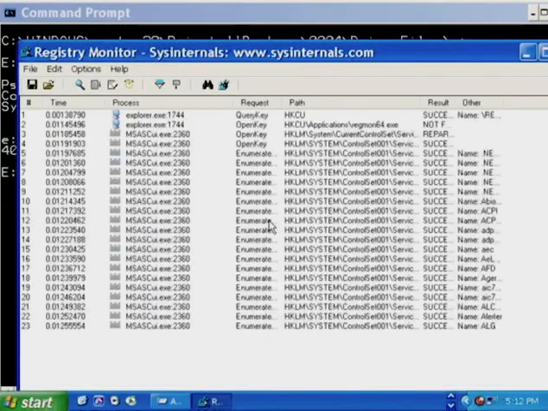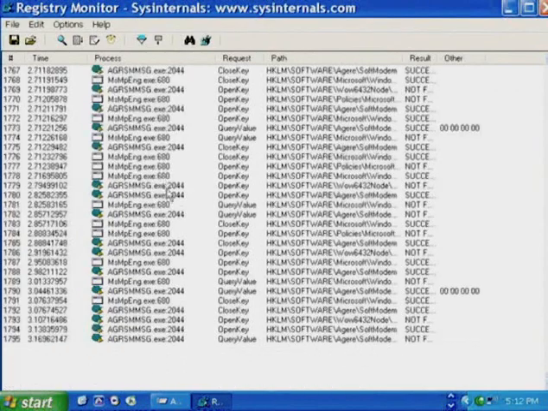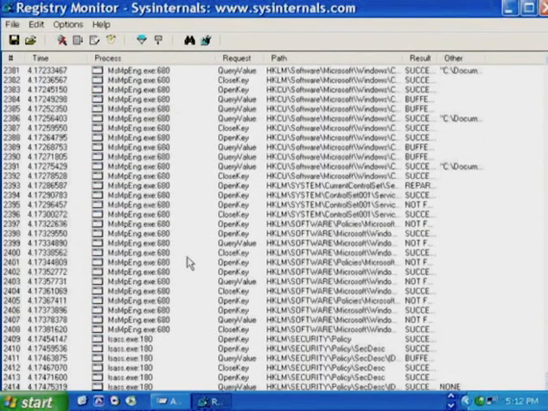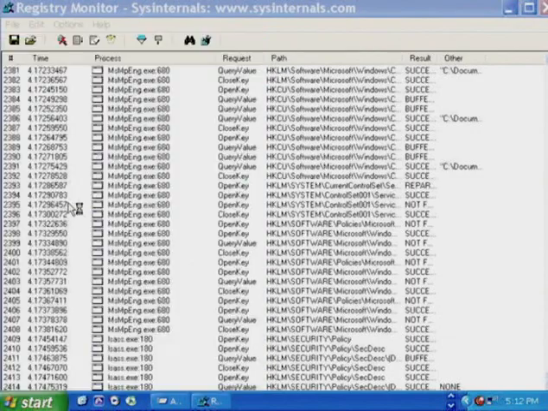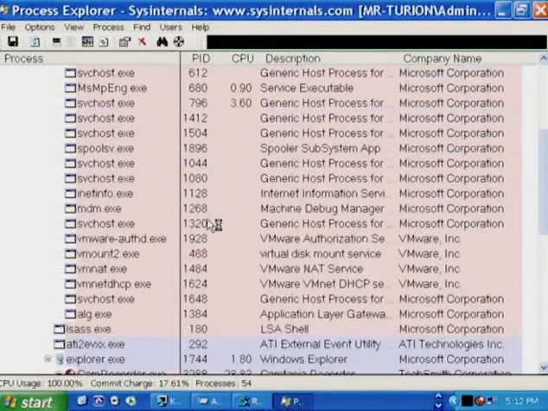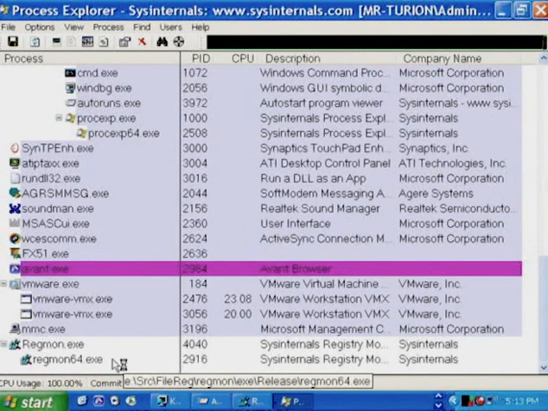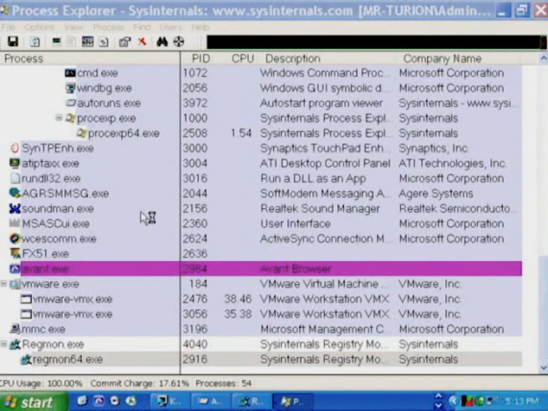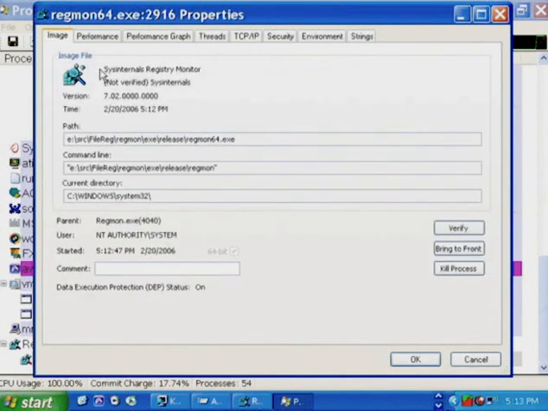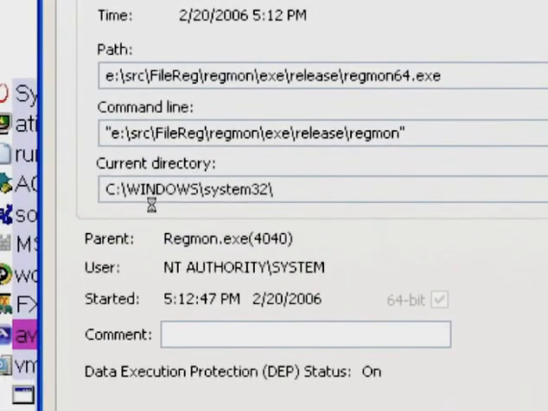Now I'm going to specify the path to Regmon and enter the command. And now Regmon's appeared on my desktop, but it's actually not running in my security context. It's running in the local system account. And if I bring up Process Explorer, we can verify that by finding Regmon here in the process tree, which is down here, double-clicking, going to the Image tab, and seeing down here that it's running as NT Authority\System, the local system account. So now if I were to log off at this point, Regmon would remain running, would disappear from the desktop, but when I log back in, it would reappear and have captured everything in the meantime, and then I could diagnose the cause of the problem that I was after.